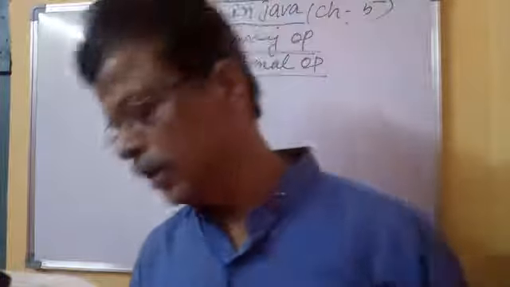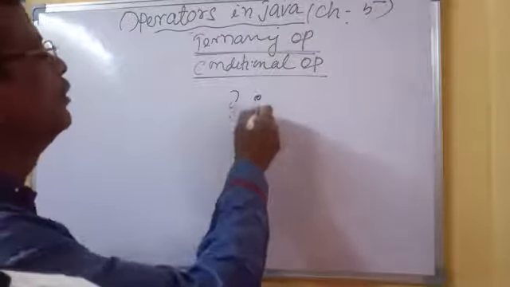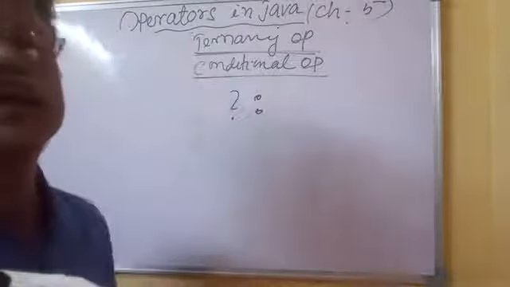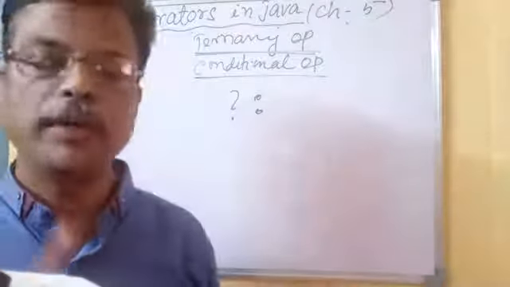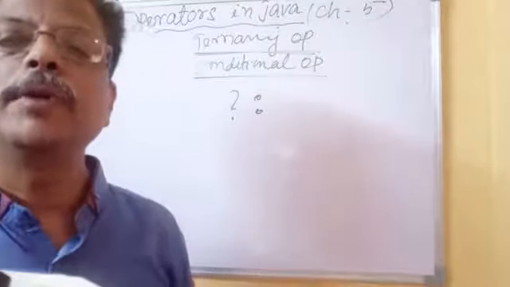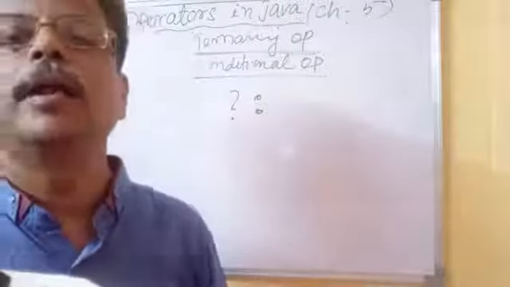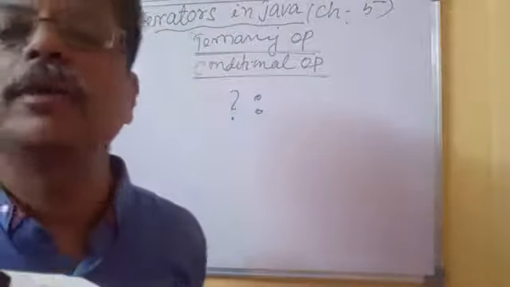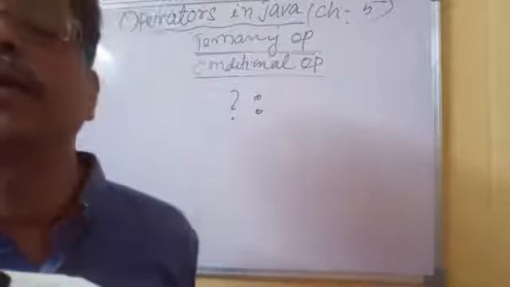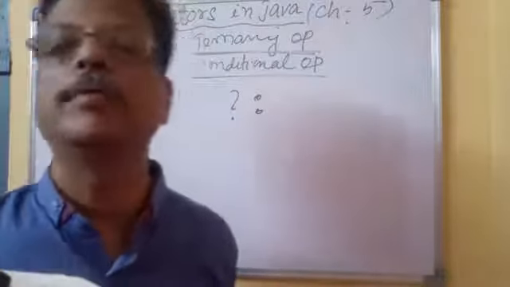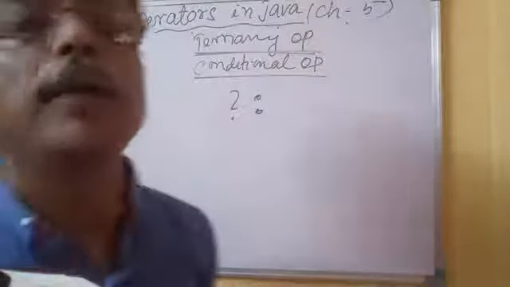Okay, and this conditional operator is the question mark and colon. We use the question mark and colon symbols to check a condition, and depending upon the condition, the computer will follow a certain action also. Not only condition checking. Along with the condition checking, depending upon the answer of the condition, true or false, the action also it will take. Certain types of calculation it will perform. So for that purpose we are using this ternary operator.